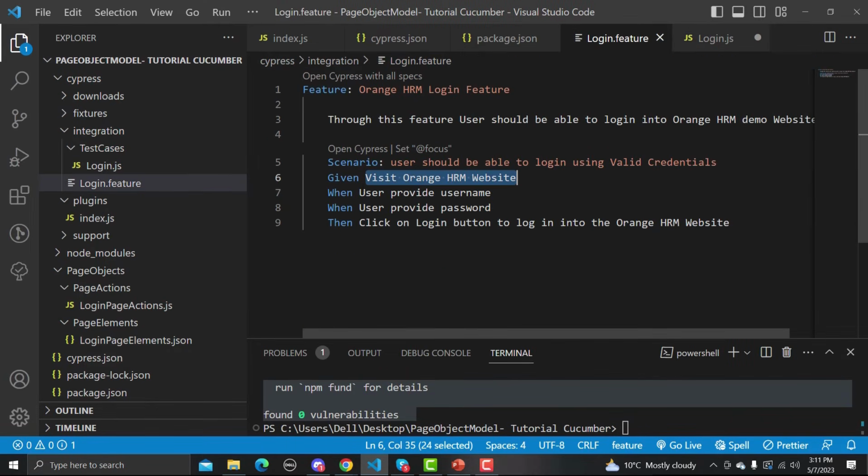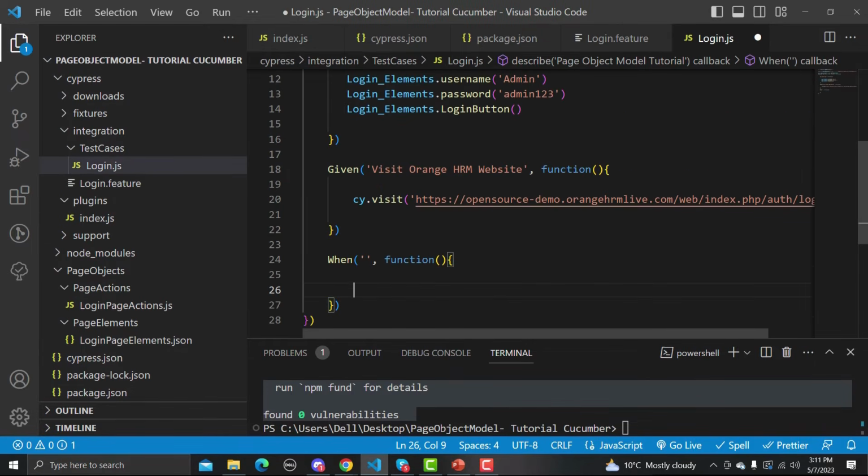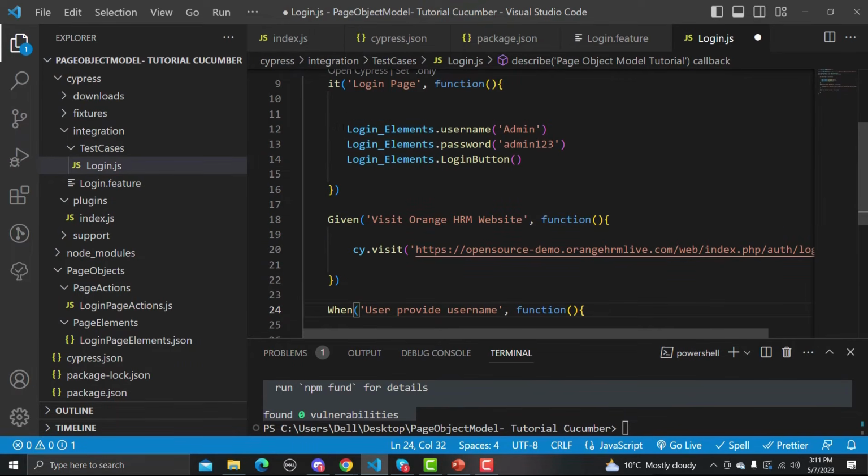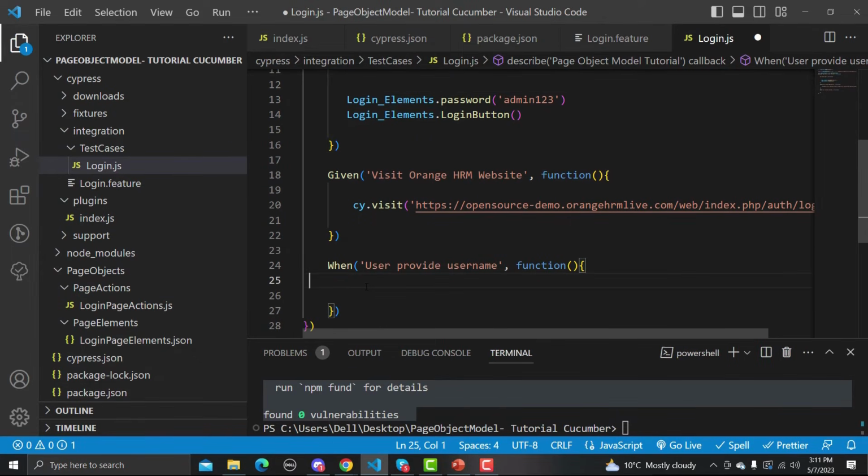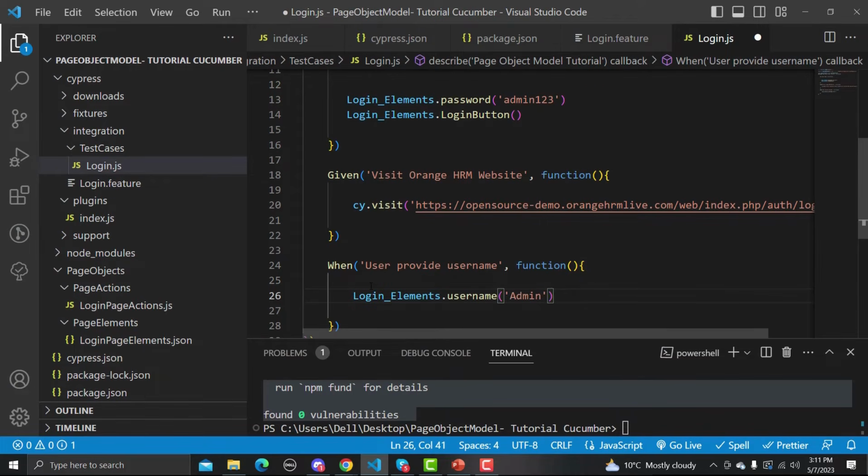And this is my first when. Copy this one from here, paste it here, and let me copy this from here, remove this one from here and paste it here.